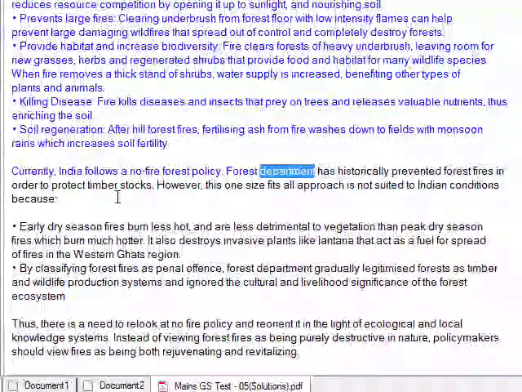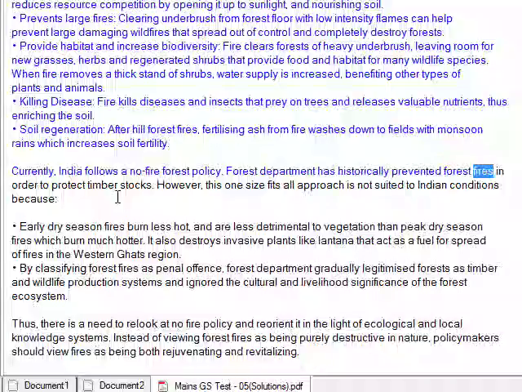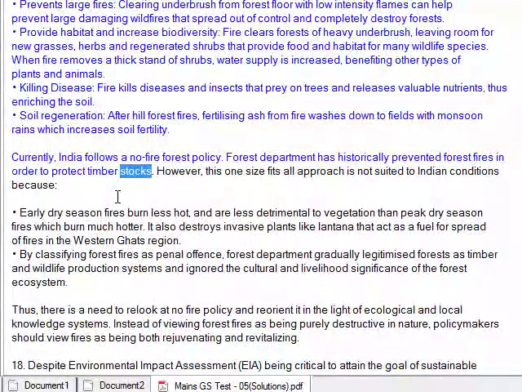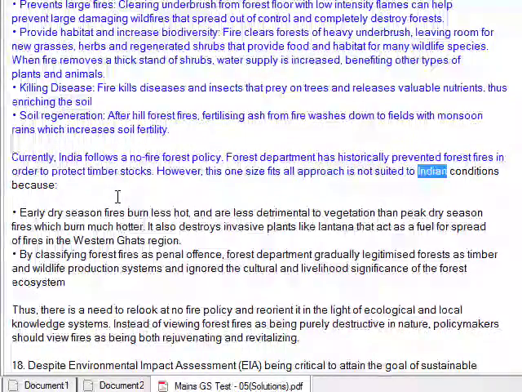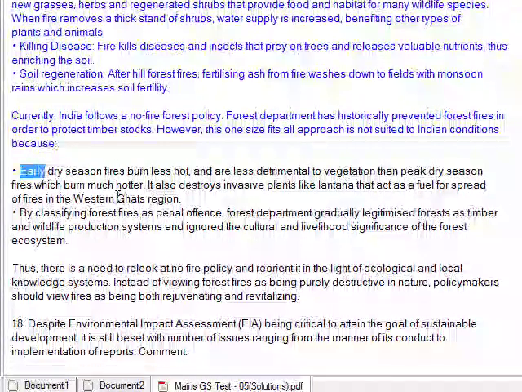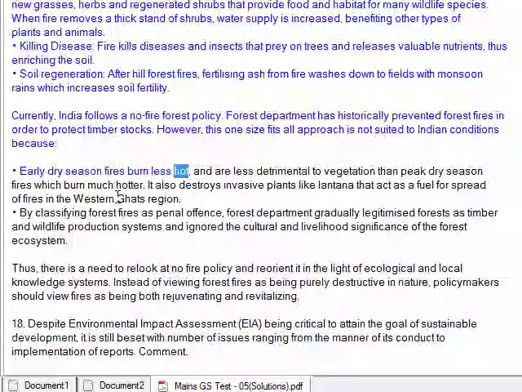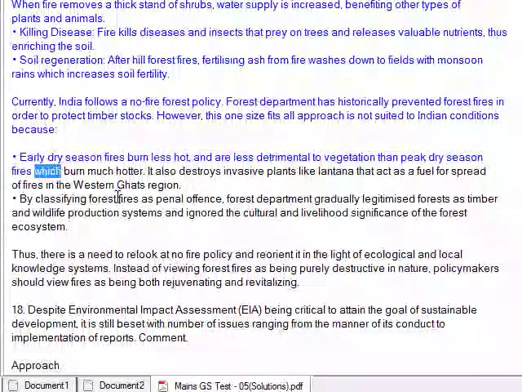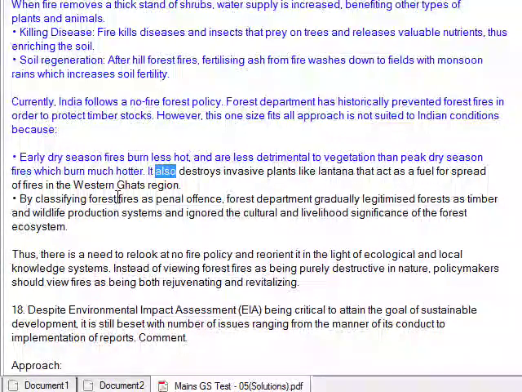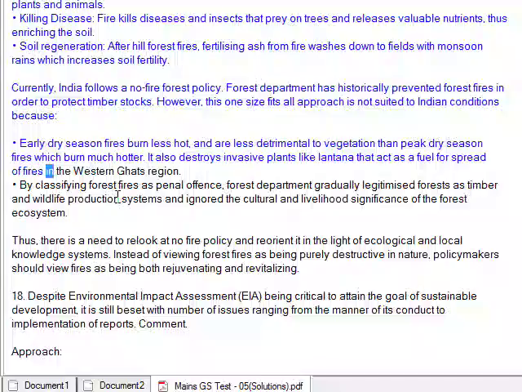The Forest Department has historically prevented forest fires in order to protect timber stocks. However, this one-size-fits-all approach is not suited to Indian conditions because early dry season fires burn less hot and are less detrimental to vegetation than peak dry season fires, which burn much hotter. It also destroys invasive plants like lantana that act as a fuel for spread of fires in the Western Ghats